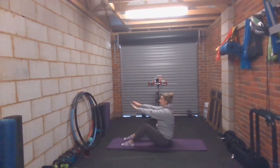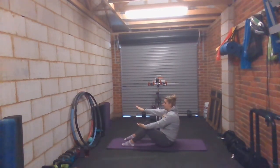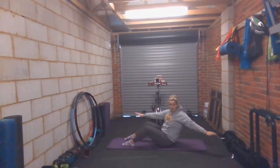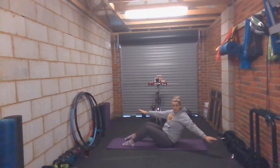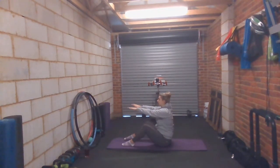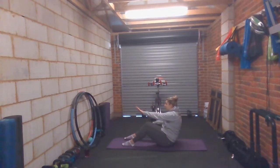So you're still going to start to lean yourself back, curving in your tummy. But as you do this, you're going to start to drop one arm. So you're going to turn so that you're facing forwards, and your other arm is going to reach behind you. Hold there as you breathe in. Exhale to come back up tall, facing the front, other side. Start to curve, drop the arm, rotate towards the opposite wall. Hold as you stretch back,